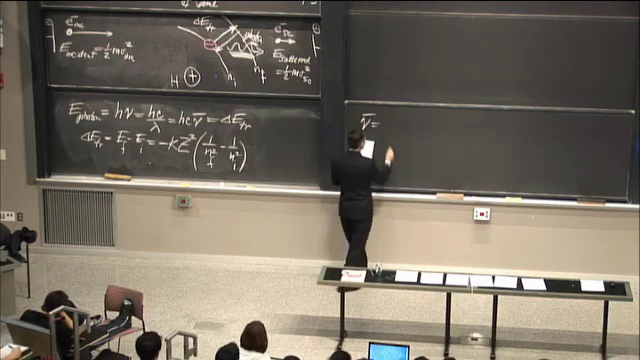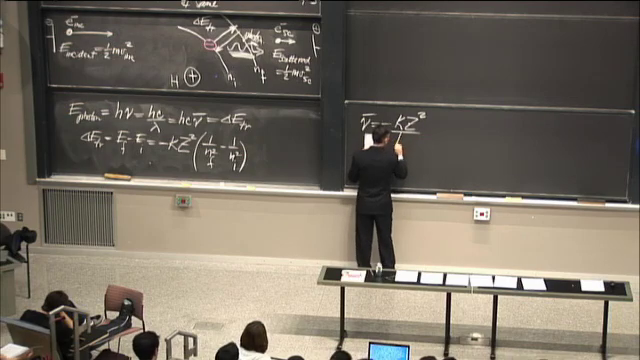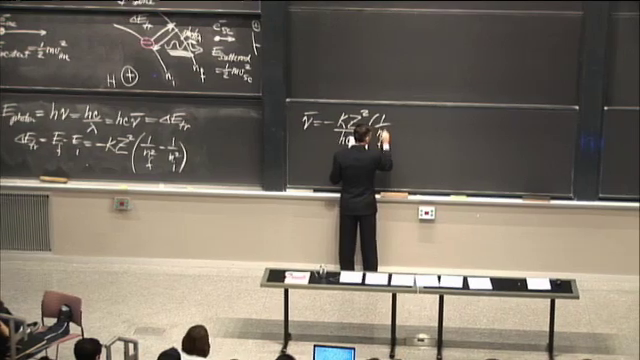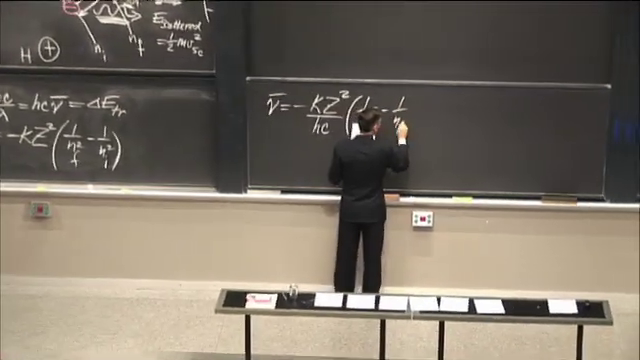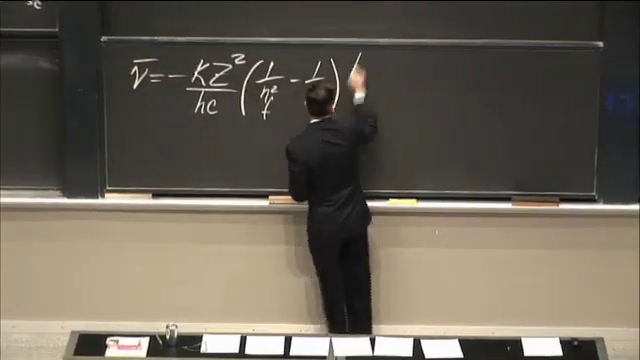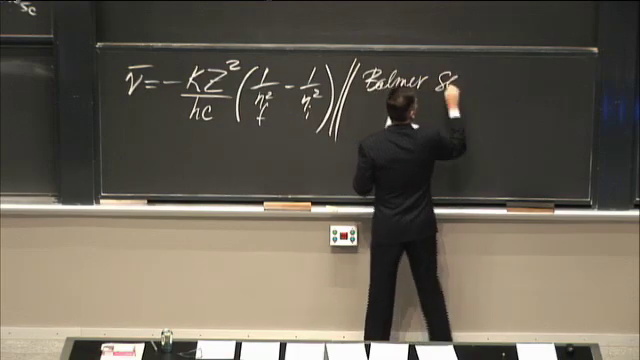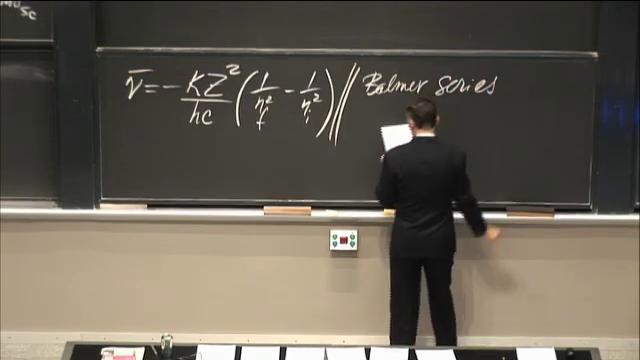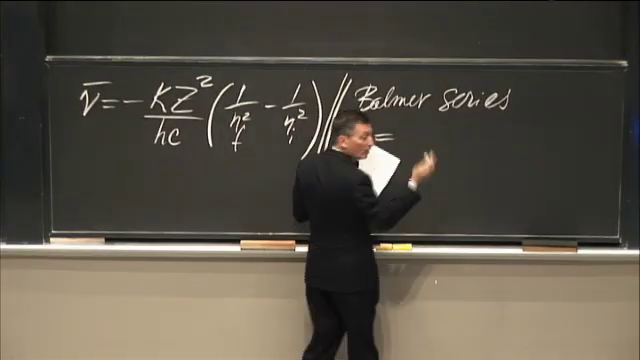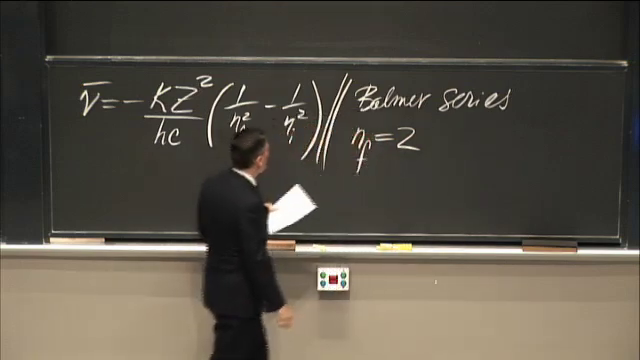Nu bar then equals minus K Z squared over the product of the Planck constant and the speed of light, times 1 over n_f squared minus 1 over n_i squared. Okay. Now, for the Balmer series of lines, that turns out to be a series where all of the transitions end up on n equals 2. If we set n_f equals 2,